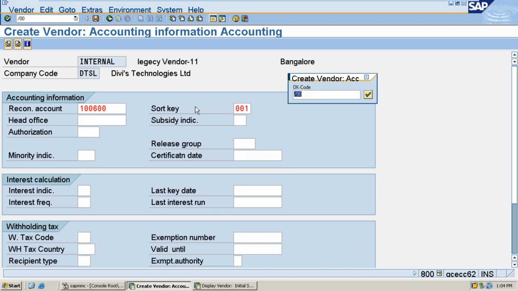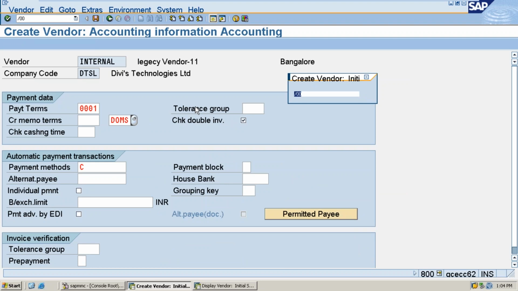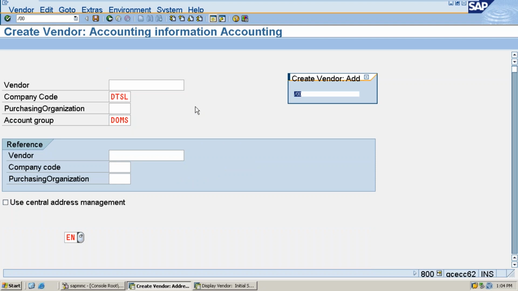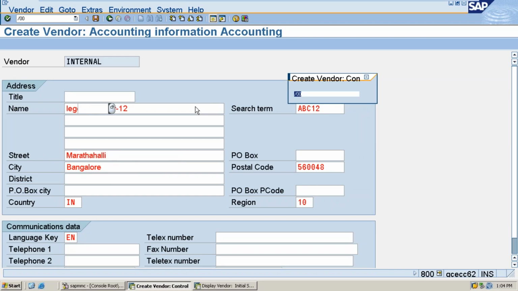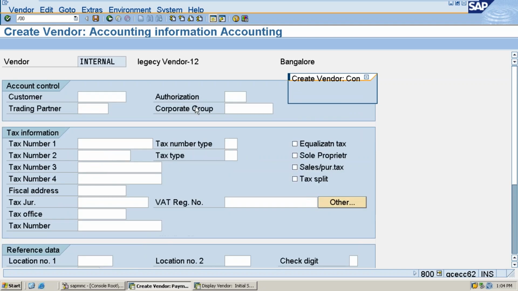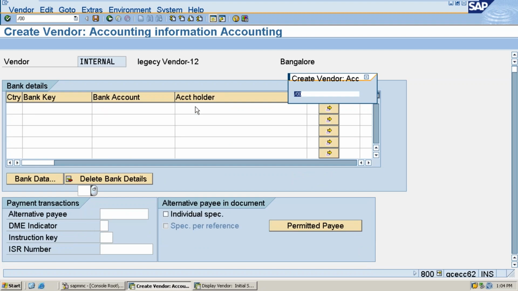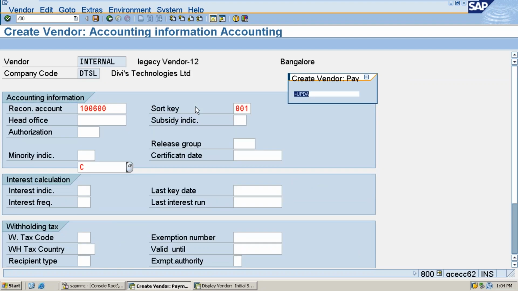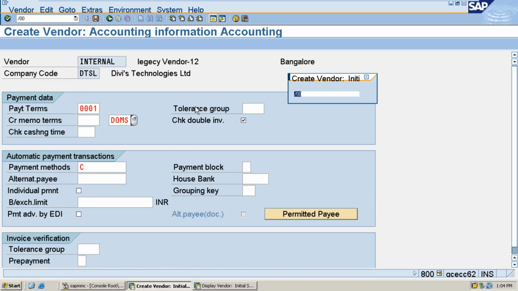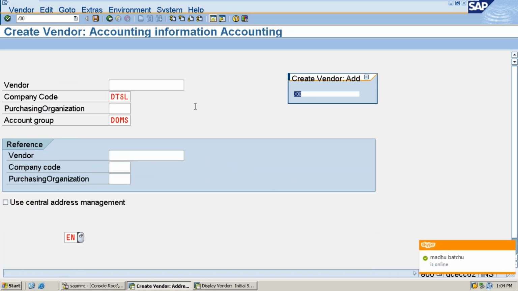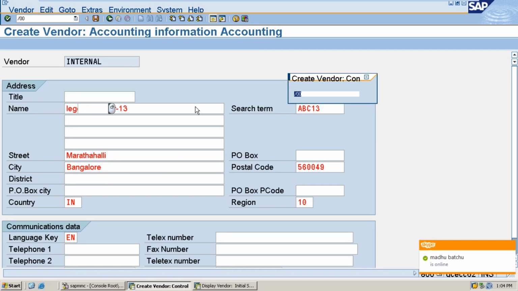Understand, right? This is the way you have to bring all the thousands of master records from non-SAP to SAP systems. First prepare the file format and provide it to users. Ask them to provide the inputs in the format based on the legacy system details and upload the file into the SAP system. So I have created the master records for all my vendors which I have in my legacy systems. From tomorrow onwards, I will keep posting transactions with these vendor codes.